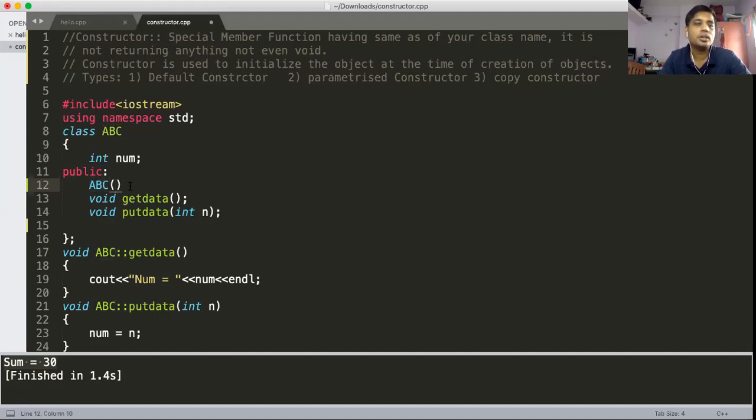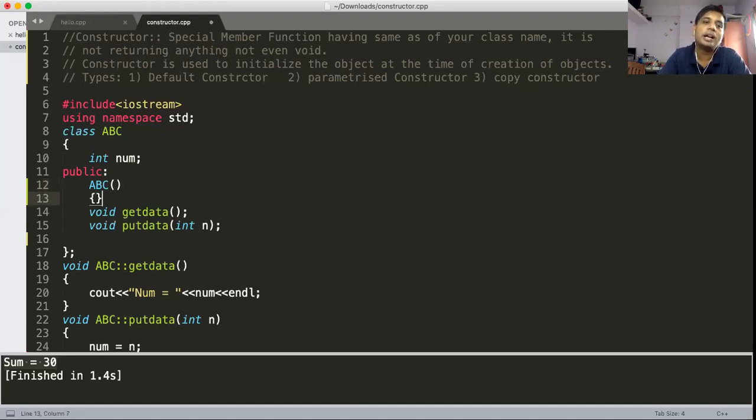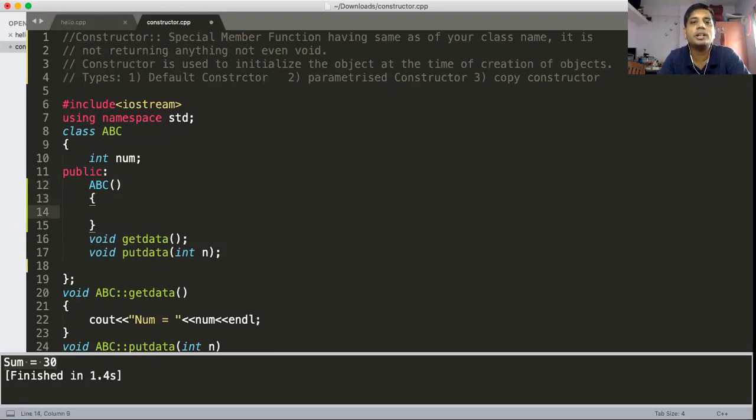And the default constructor is not taking any argument. If it is not taking any argument, then that constructor is called a default constructor. So ABC and the empty brackets, now this constructor definition is the default constructor.